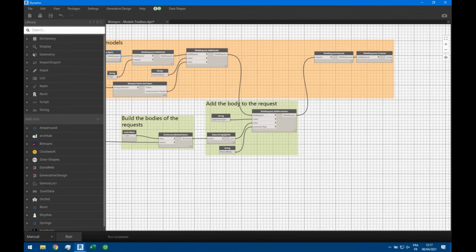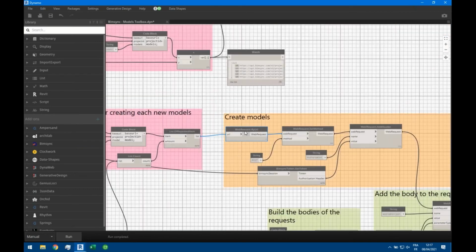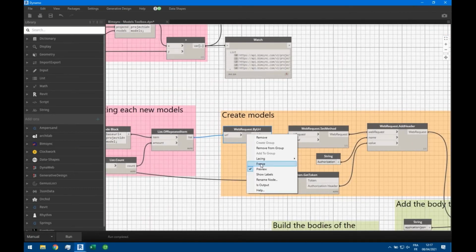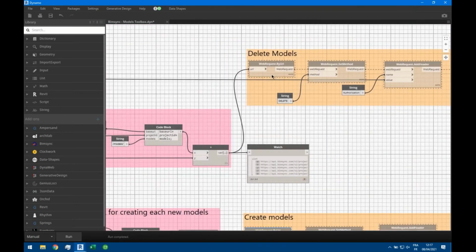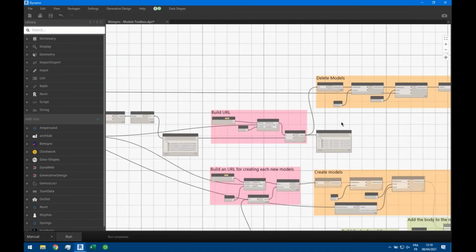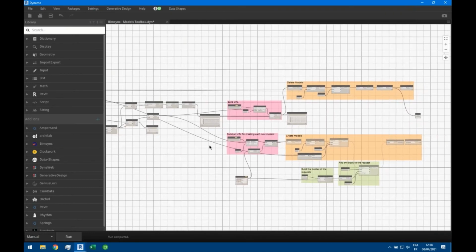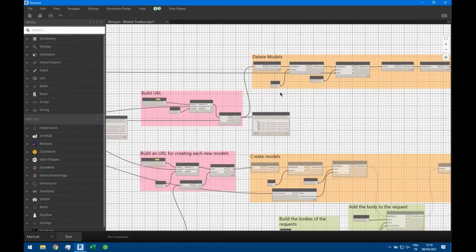So I will do the other way around. Now I will freeze a part of the script. So the creation of models, I don't need that anymore. But the opposite, I will delete the models. So it's exactly the other way around. I will use a call that is a delete call